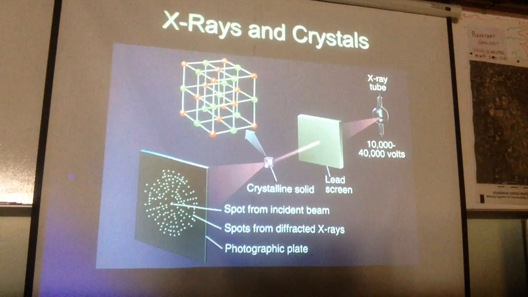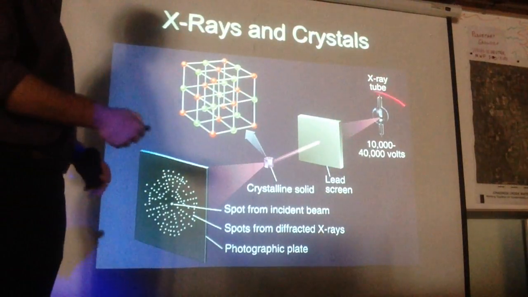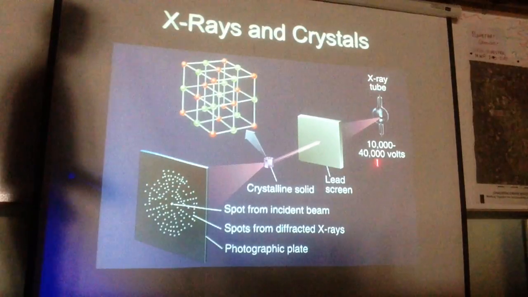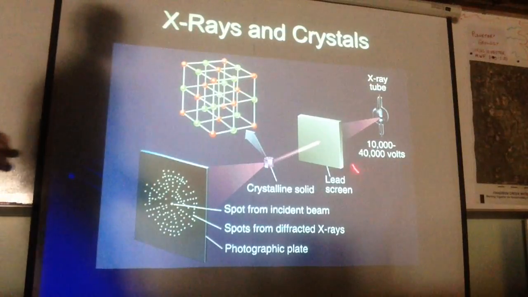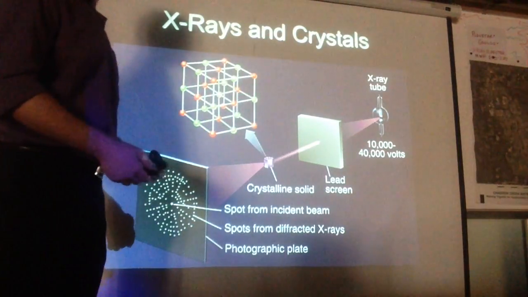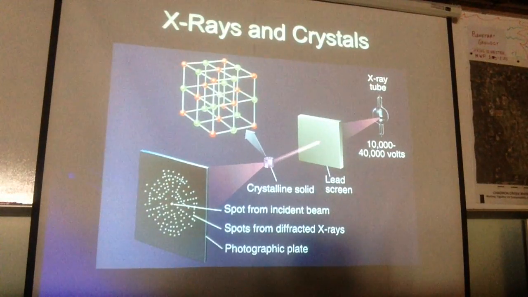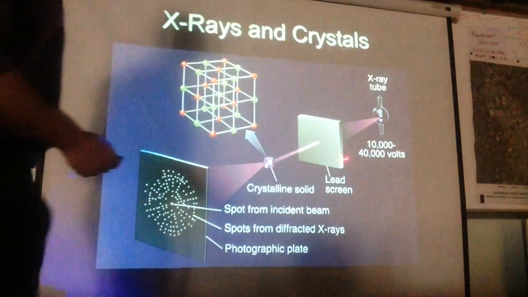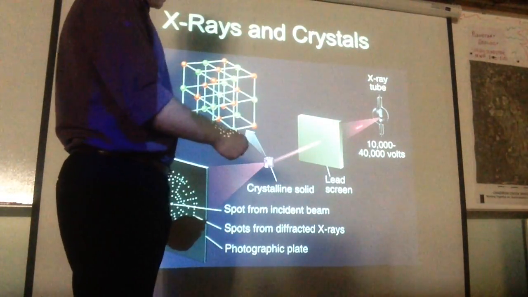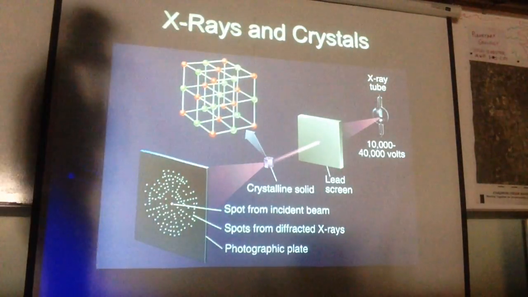The way that an XRD works is you have an X-ray tube, which is your source of X-rays, and usually you can actually adjust the voltage on these. Usually the adjustments are between 10,000 and 40,000 volts. I've seen up to 60,000 though. Then your X-rays pass through a lead screen, which basically filters out a lot of the X-rays, so you can actually then